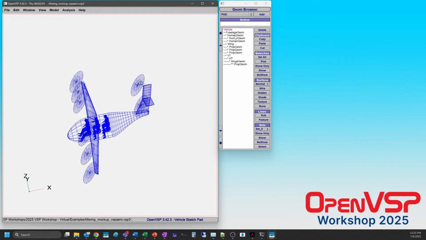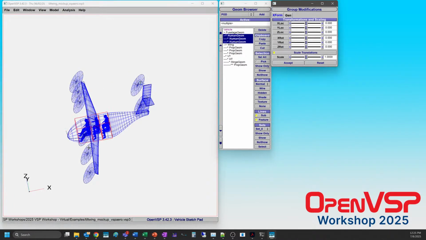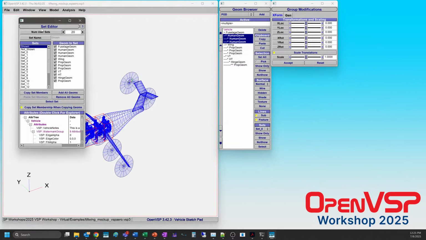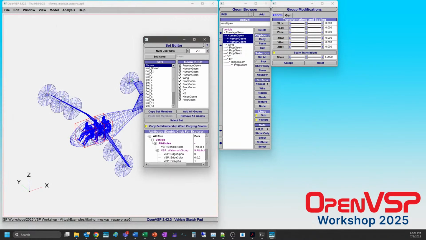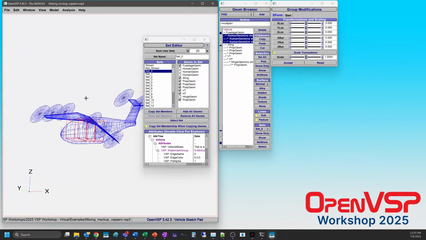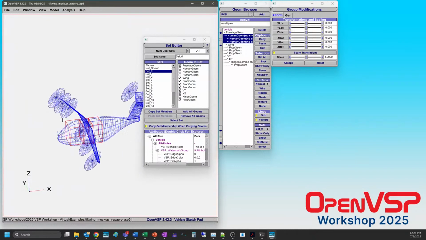Now, we don't really need the humans anywhere in here. That's fine. Let's go ahead and have a look at sets. Now, in this case, if we just pick set 0, let's say we want the fuselage, we want the wing, vertical tail, horizontal tail, and we want all of the propellers. Great. So if we were to come in and choose set 0 and show only, the people are gone, the hinge is gone,